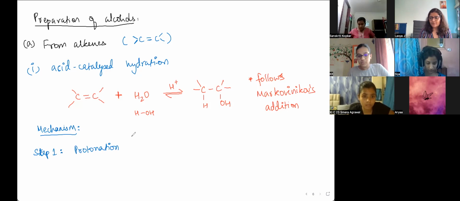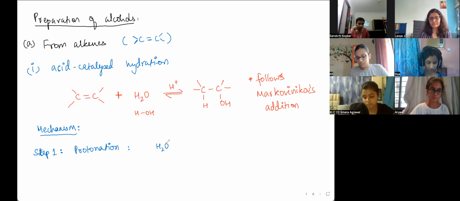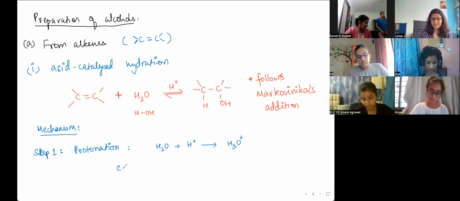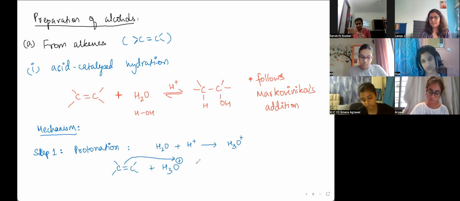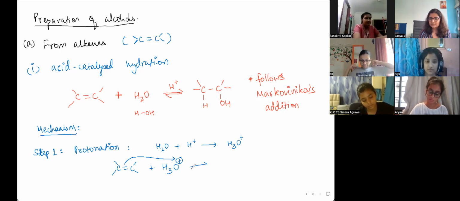Okay, so we have protonation, the first step, the addition of a proton. Acids like protons don't exist independently, they always join up with a water molecule. So first we get the hydronium ion. This gets attracted to the electron-rich double bond. So plus H3O plus. This bunch of electrons attacks the positive charge. These two get attracted, which results in the formation of